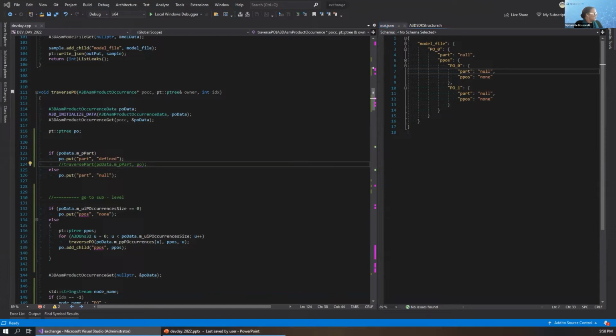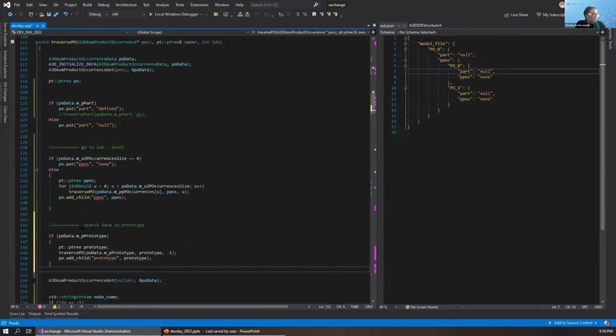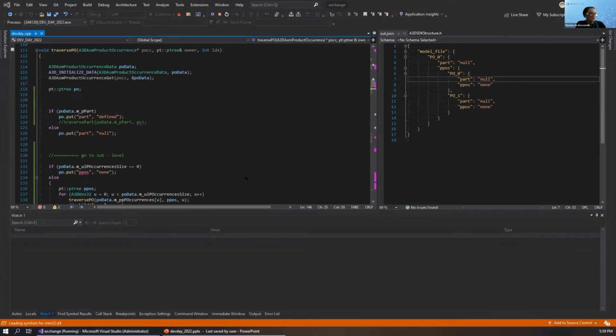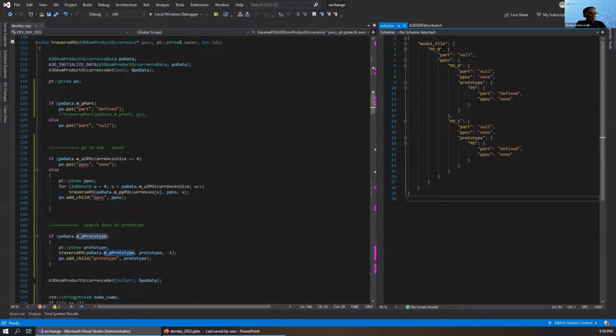We do that by traversing another product occurrence, the prototype, if it's defined. And now we can see that we have a part definition with a body, because we still don't have construction entities.